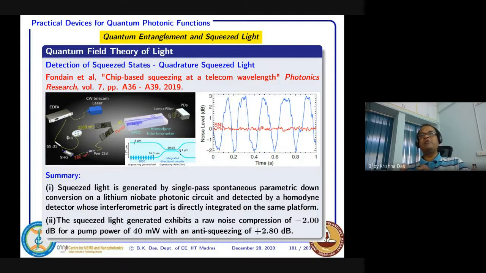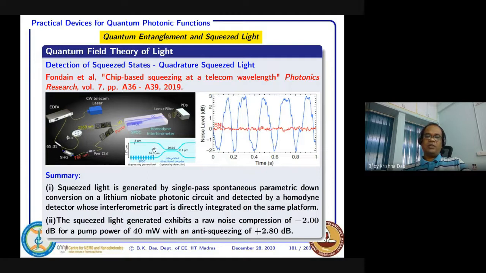So everything you are getting on chip. That means particularly the combining things you are doing on chip. Also squeezing, you are also generating here. This generation, how it is happening, I will discuss a little elaborately in next few classes. Then it would be clearer. So anyway, at this point of time, you assume that, okay, squeezed light is generated.